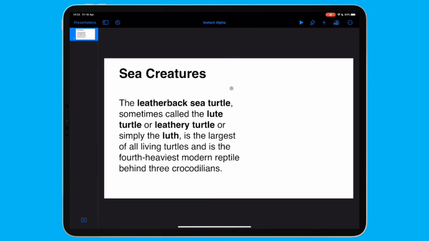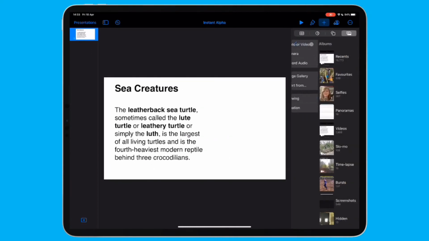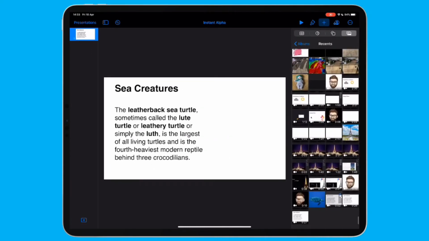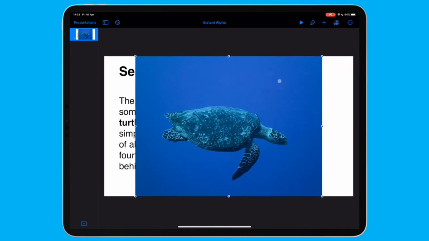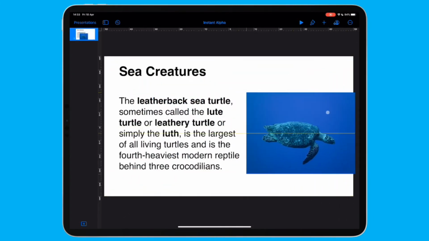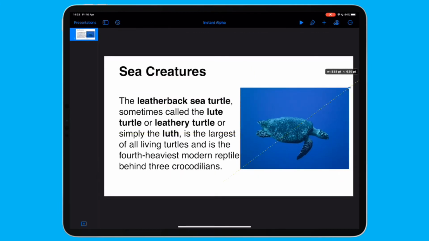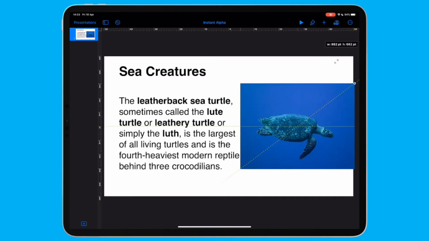We're doing a presentation on sea creatures, for example. I'm going to hit plus, go to photo, and find the photo that I want of the leatherback turtle. Just going to add that in there, and as you can see, it's not that nice. I've got a lovely image of the turtle there, but in the background it's in a